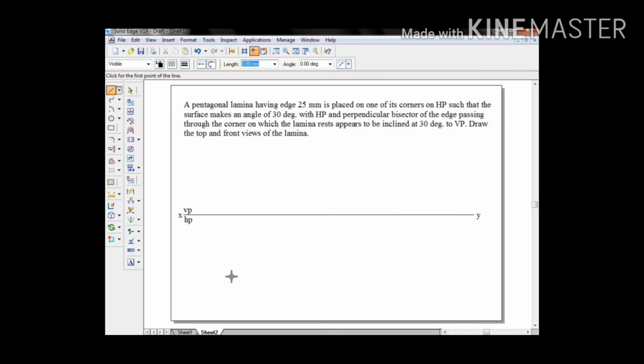Select a line which is a visible line with a dimension of 25 here, so enter the length as 25, and give the angle as 72 degrees for each inclination. You get interior and exterior angles. So I have used my method here: 25, 72, times 2. Just multiply the angles, 25, 72, times 3, and join the last end point here.